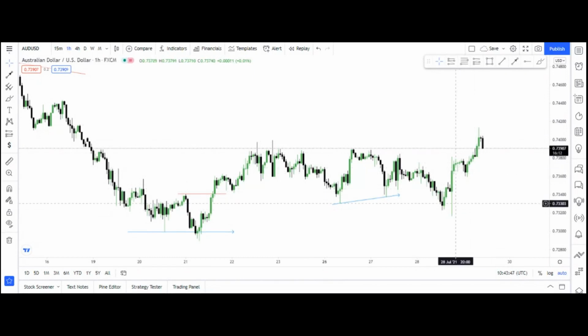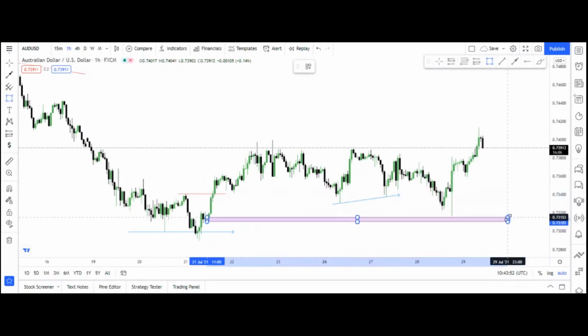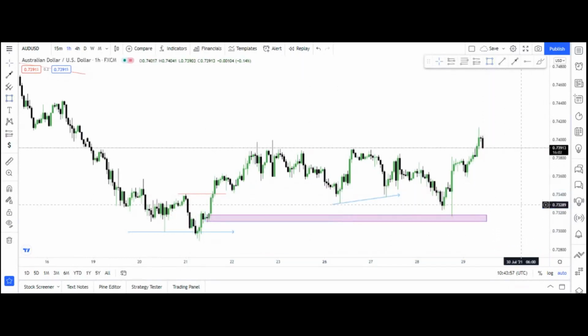But FOMC came and took price to where it really wanted to go. Took price to this order block right here. That was how I got stopped out on AUD/USD. My stop loss was 5 pips below this area, just 5 pips, and FOMC took me out 5 pips, because I was already in the trade here, lower time frame entries, and took me out, went away.